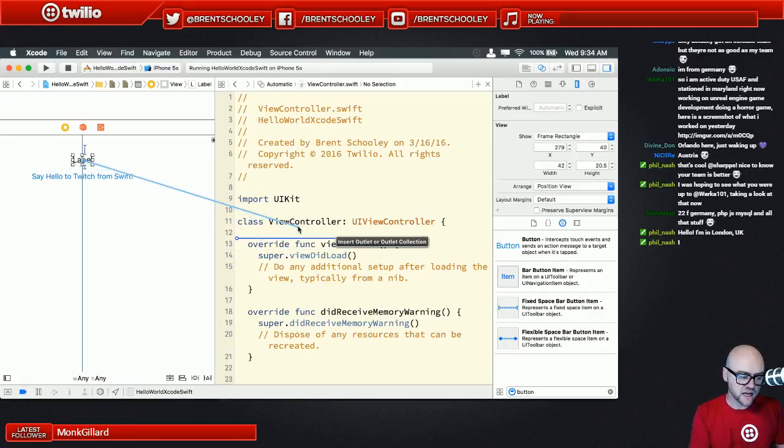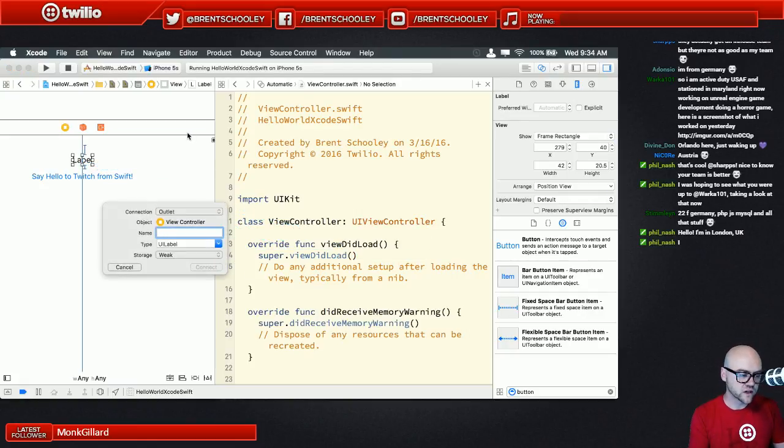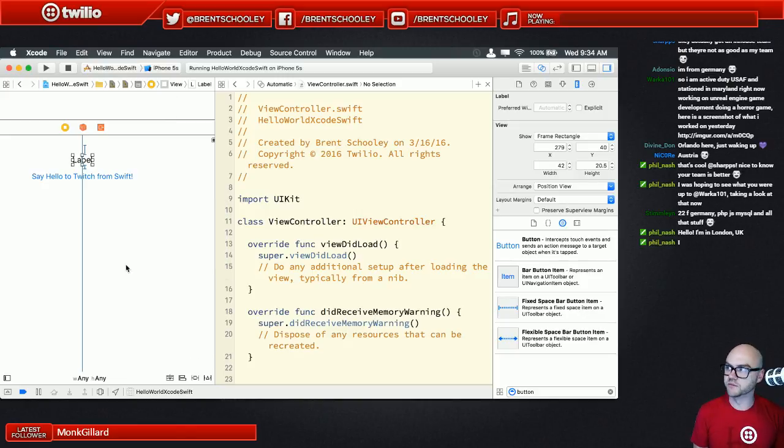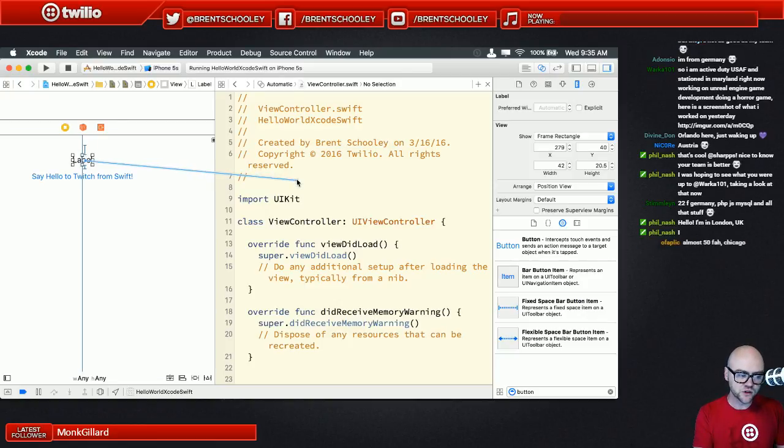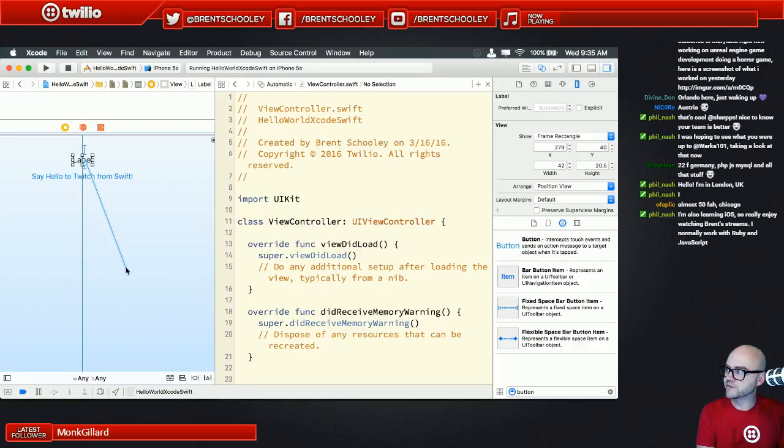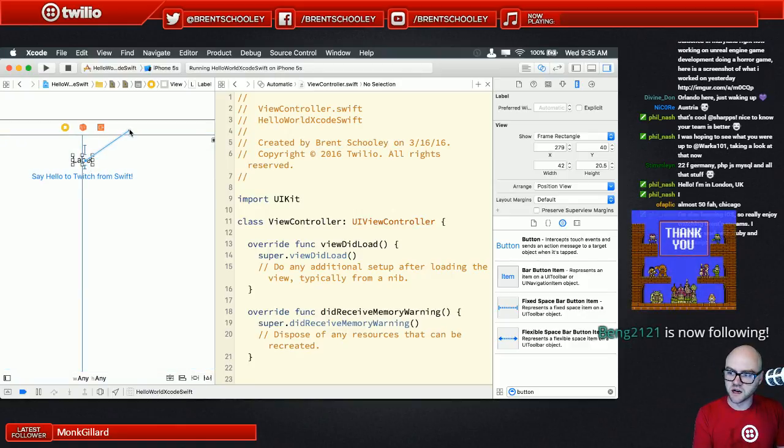Let's create a label here, or create an outlet here. So what did I do there? A lot of stuff happened all of a sudden, and I didn't describe what was going on. Why don't I just take a step back and let you know? I held down the control key. So we're back to that control drag thing. I held down the control key, and I dragged. And I got my blue arrow that we had from auto layout. And instead of doing blue in this case,